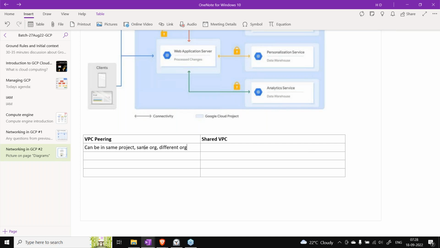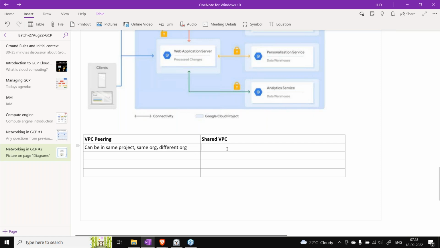So the VPC peering can take place at any point. As we have seen in the demo, we have done everything in the same project. That is also possible. We can have VPCs in the same organization but in different projects. That is also possible. And we can have VPC peering between two VPCs belonging to different organization nodes itself, right? So that is also possible.